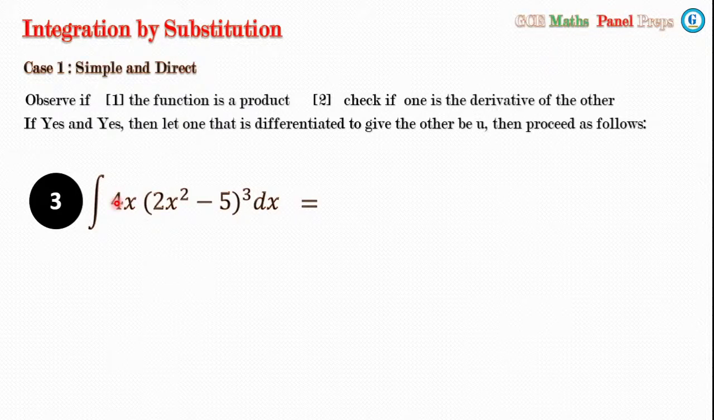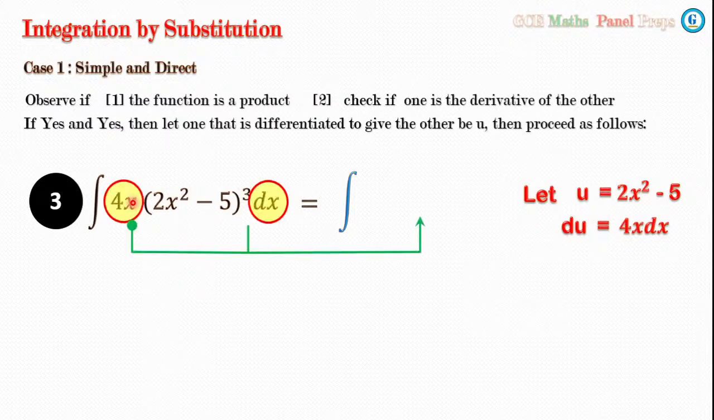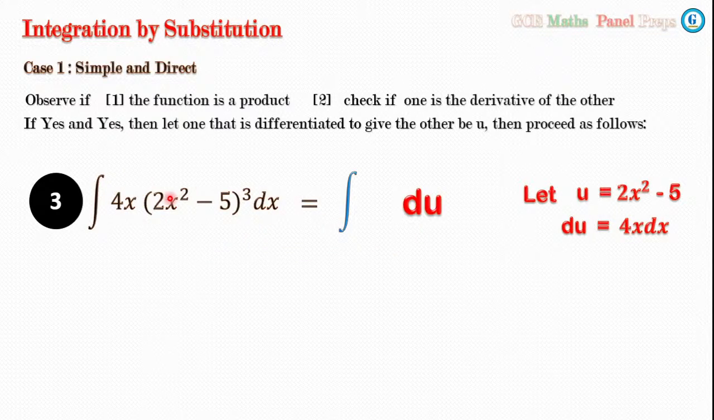So in this case, what we are going to do is we use just the core of the second function. That is, we'll let u be equal to 2x squared minus 5, because we know when we differentiate 2x squared minus 5, it's going to give us 4x, and that is what we have here. So our du now will become 4x dx, which we can now do replacements here. 4x dx can be replaced by du,